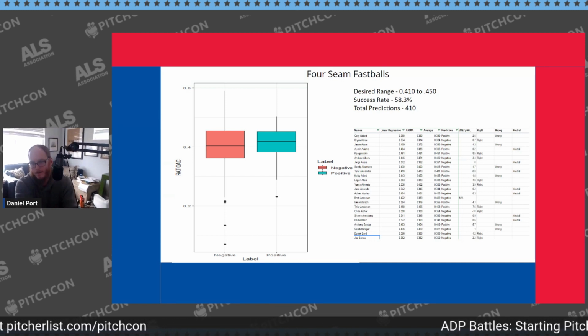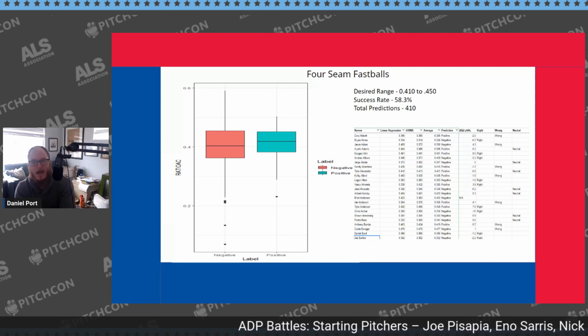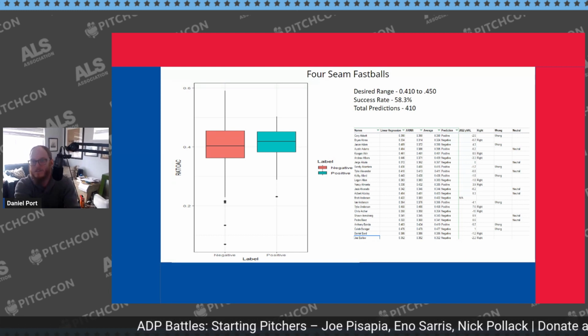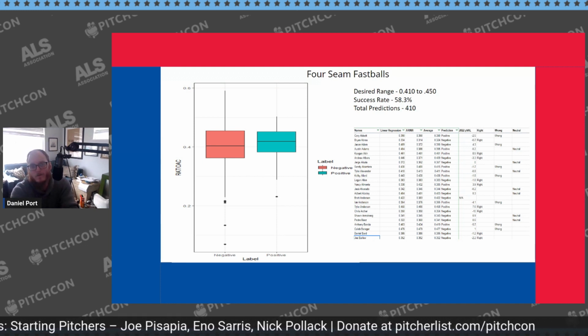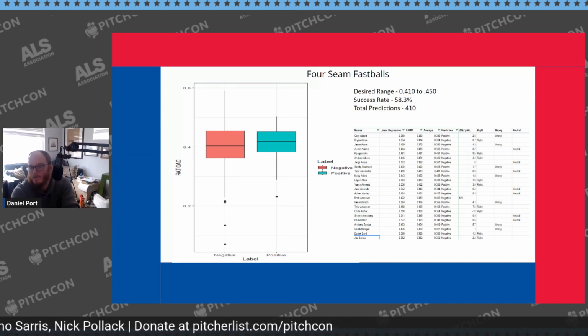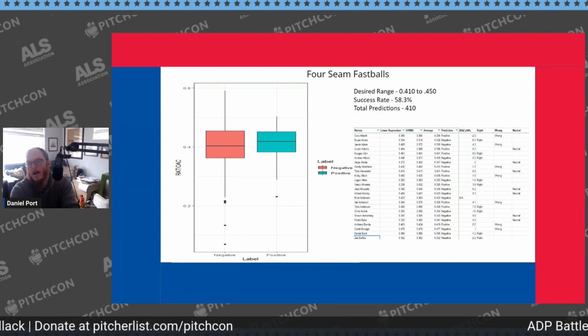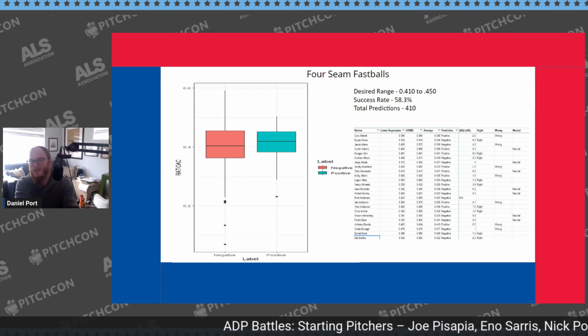But I did 410 total predictions for the 2022 season and was highly successful. 58.3% I got correct, which is really, really great. Again, considering all I was doing was using OLR. I wasn't considering any other information. I wasn't looking at past performance. I wasn't looking at what we call expertise knowledge,